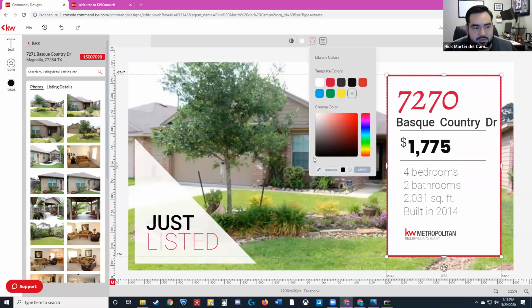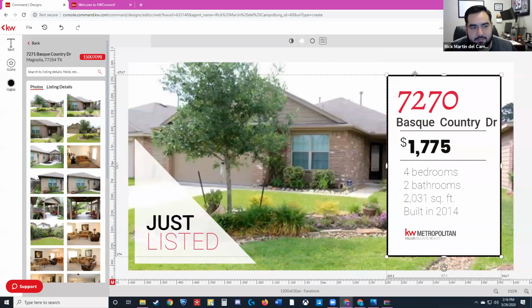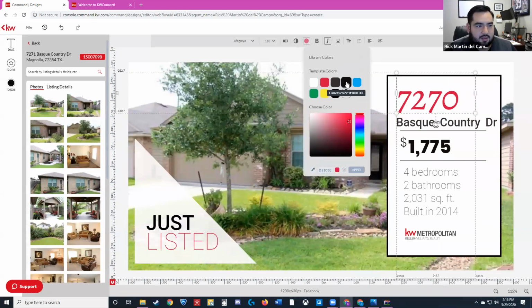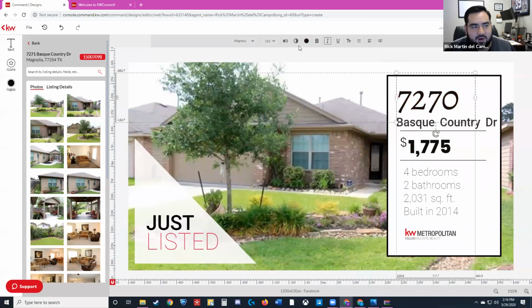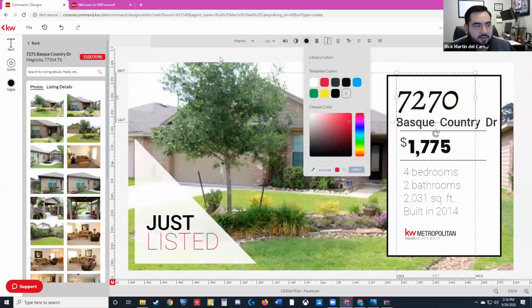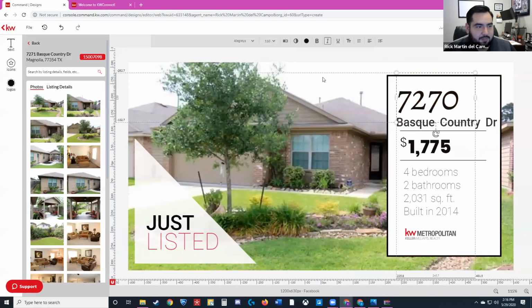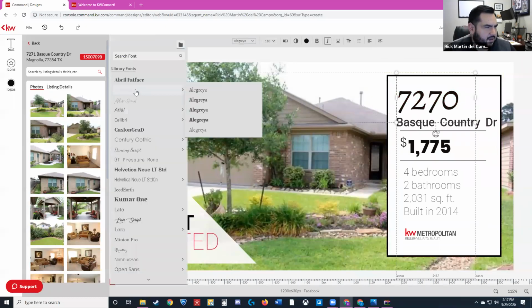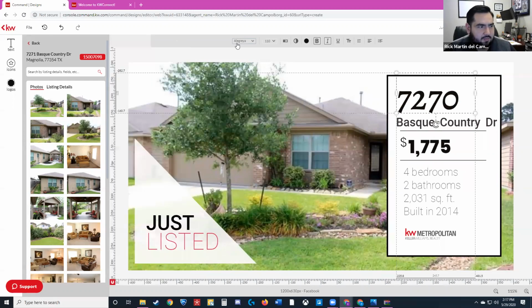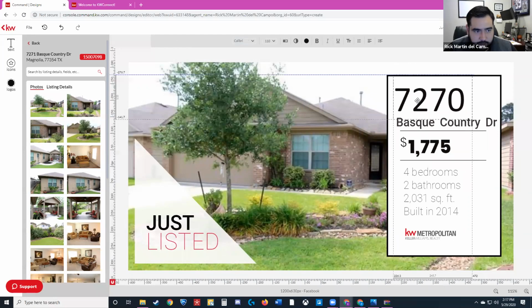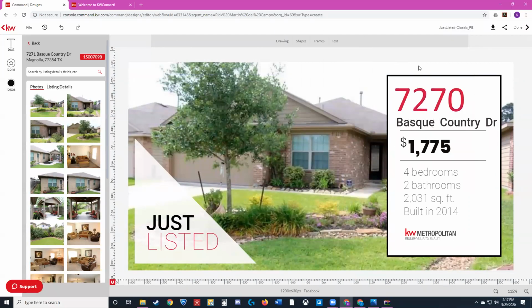So I'm just going to use a pure black. I'm going to hit apply, and boom. So now it's there. You can do the same thing for the font. You'll see that there's an opacity. There's a fill color. You can change the color of the font. And I'm going to take this back to its original. I think we were doing it like that. Nope. There we go. And this is red, I believe. Yes. So it'll show up here.